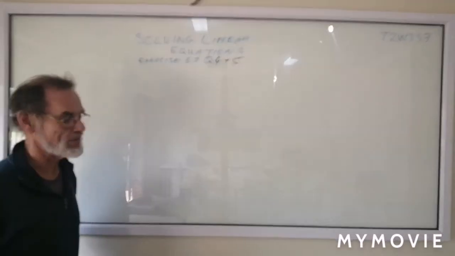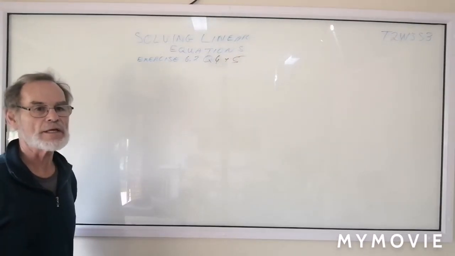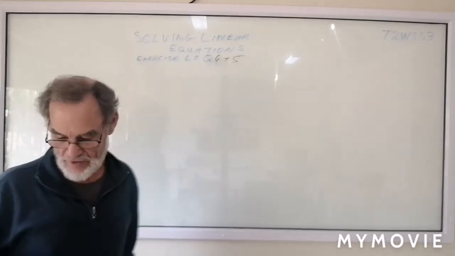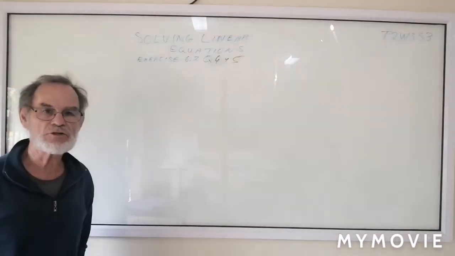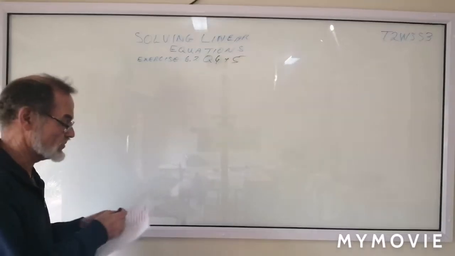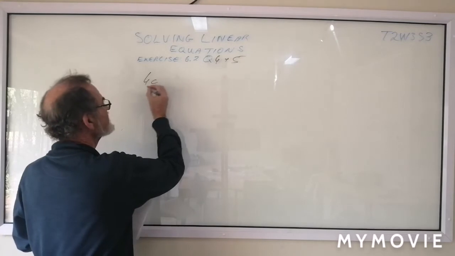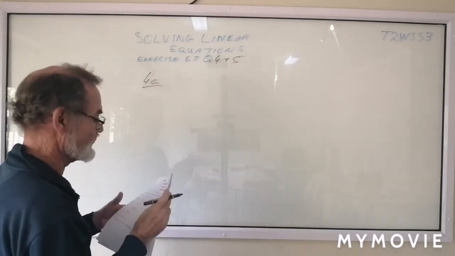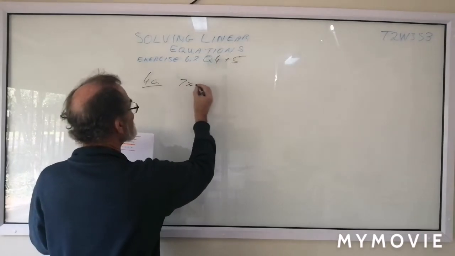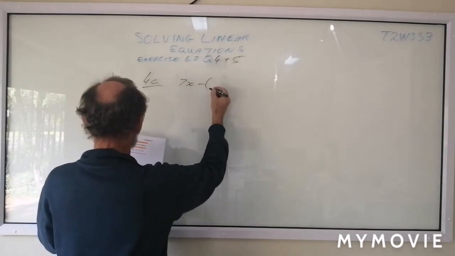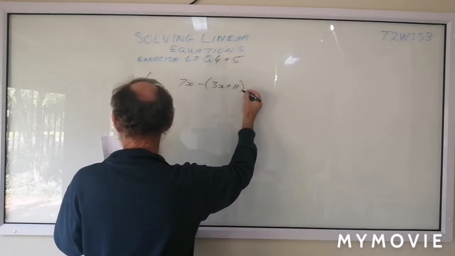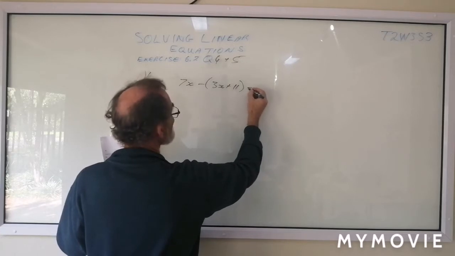You should have been able to do question 4 in any case, because there's not really anything new there. But question 5 involves exponential equations, so it's a little bit different. But let me just do first question 4c, just as an example of the type of question that we have in 4, and that is 7x minus (3x plus 11) is equal to